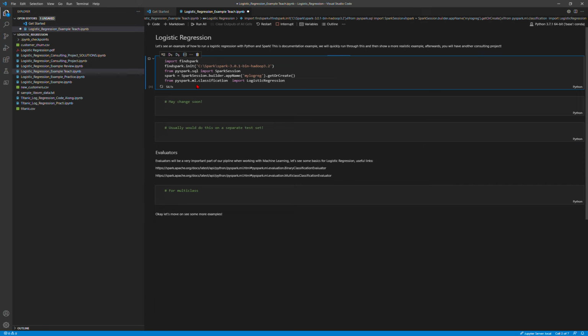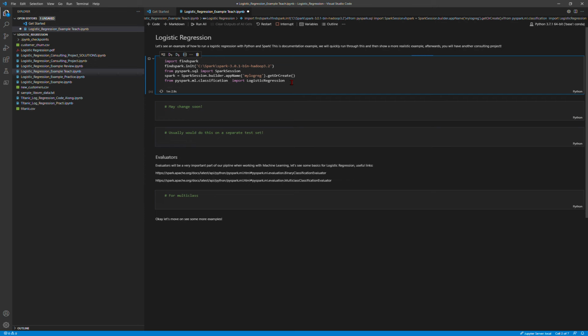From PySpark ML classification and logistic regression. Second library we need to import is from